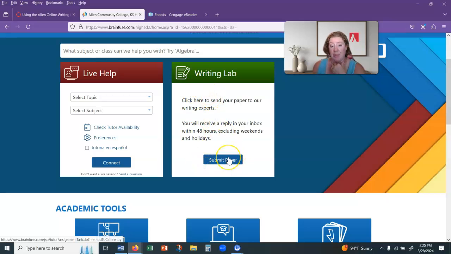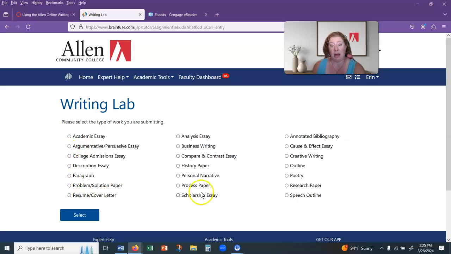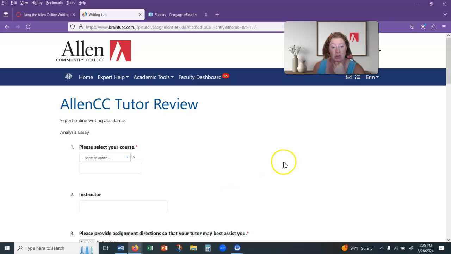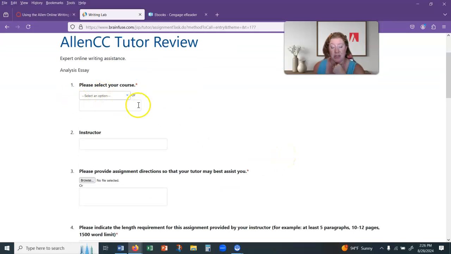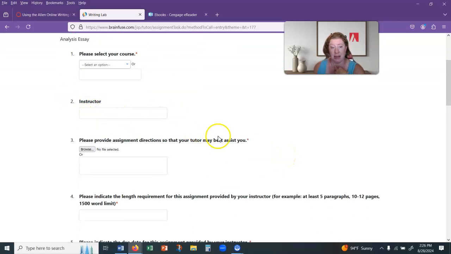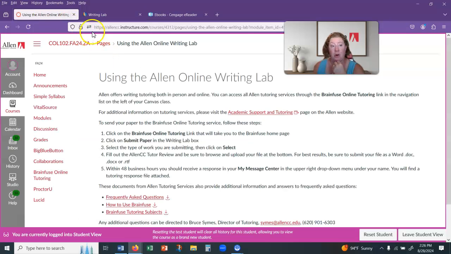But for the writing lab, if you want feedback on a paper, you go to submit paper, and then you have this check box area where you can put what kind of essay it is. So you might call this an analysis essay. That would be pretty close, I think. And then it will bring you to the form that you're going to fill out. You'll tell them what class it is, and then my name, and then for the